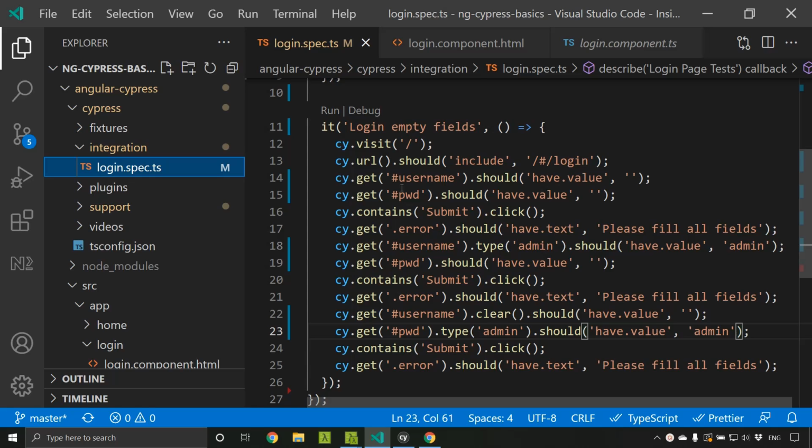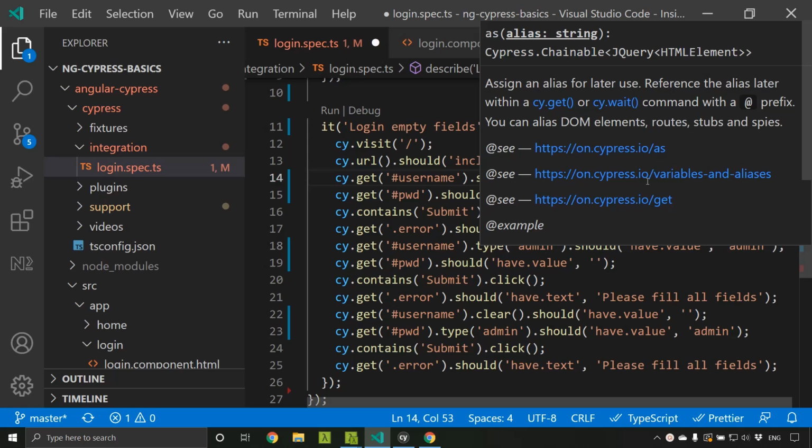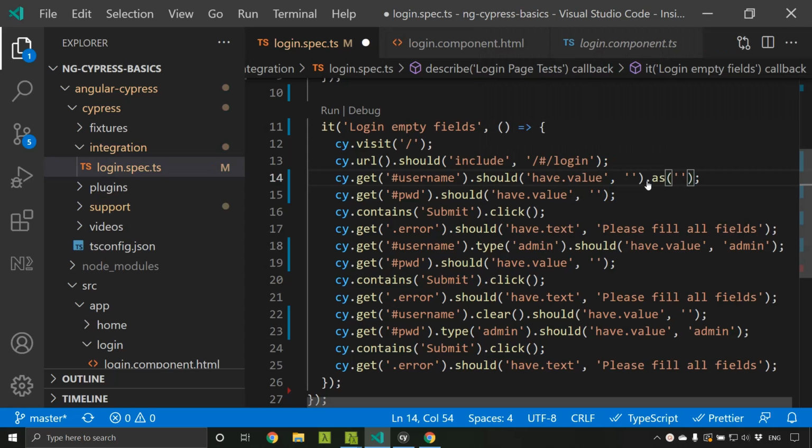So in case there is an option called alias, which we can use here. So here I am defining an alias called user. So this alias basically points to this particular element which we already got using the username ID.